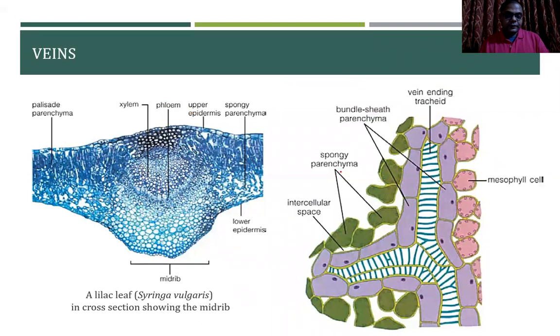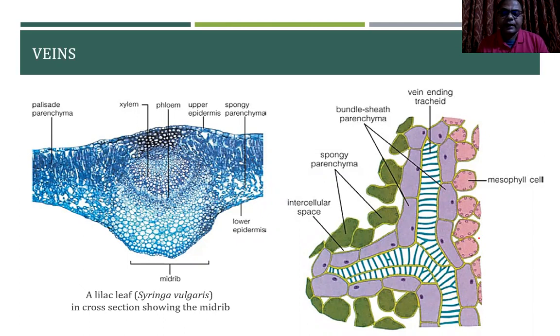The veins consist of vascular bundles that form a network throughout the leaves for the transportation of water and nutrients. The xylem conducts the water and dissolved minerals from the root to the leaves, and the phloem transports the carbohydrates made via photosynthesis in the mesophyll cells of the leaves to the rest of the plant. A typical dicot leaf has a large-diameter midrib that runs the length of the leaf.